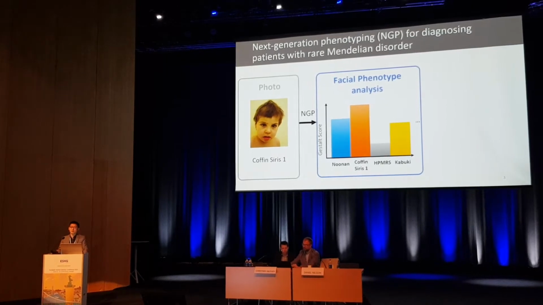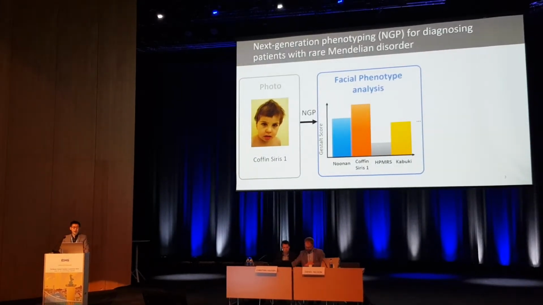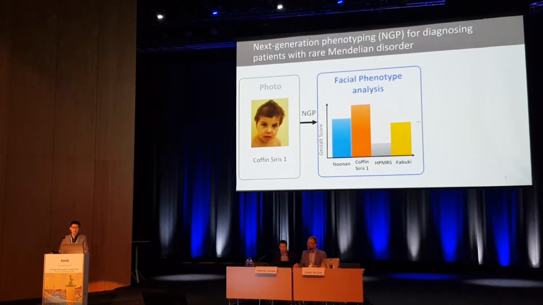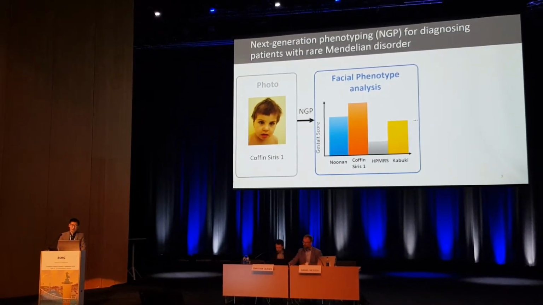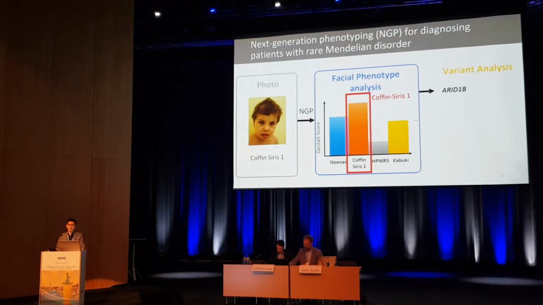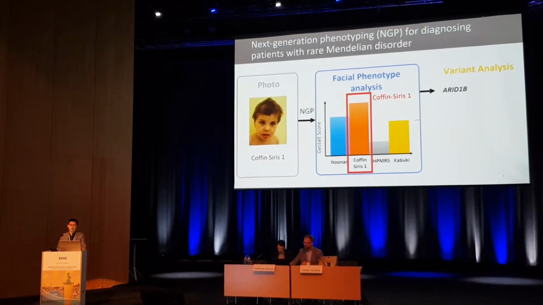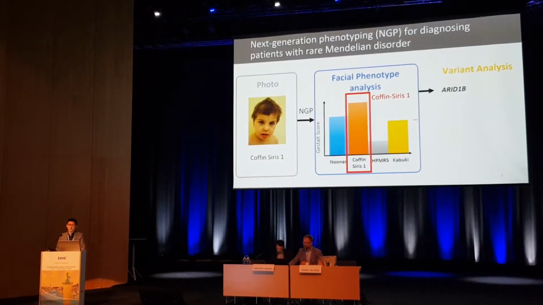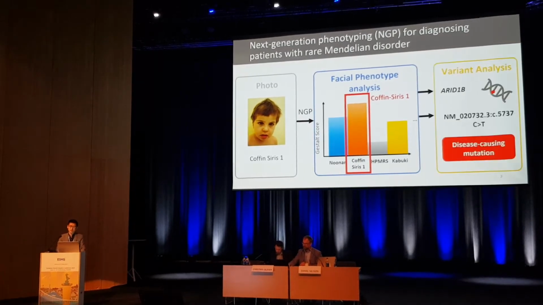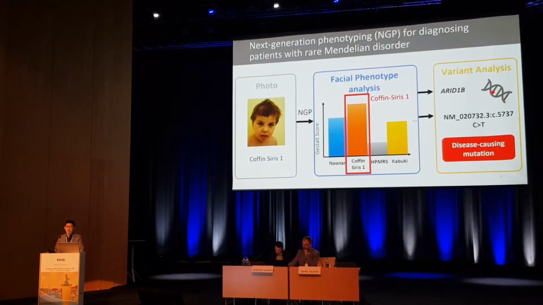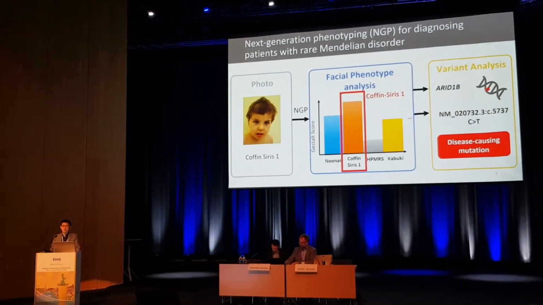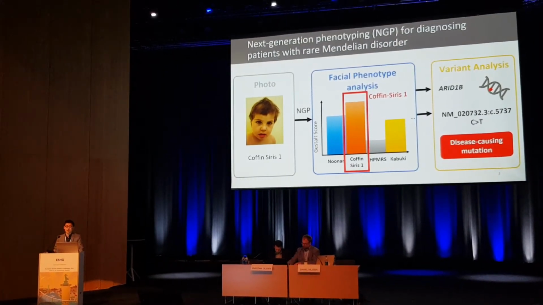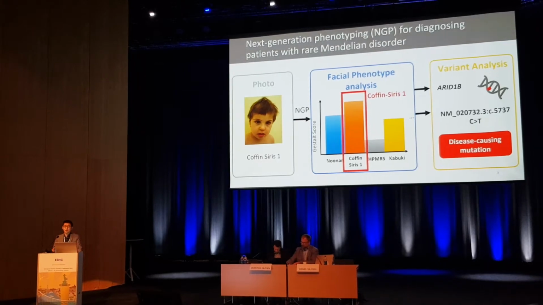to diagnose the patients. For example, here we have a patient with Coffin-Siris syndrome 1, and by analyzing his photos we find out the most similar syndrome is Coffin-Siris syndrome 1. Then we know that ARID1B caused this disease, so we further check the mutations in ARID1B and find the disease-causing mutation. In this way, the NGP tool is very effective for the diagnostic workup because it helps us to narrow